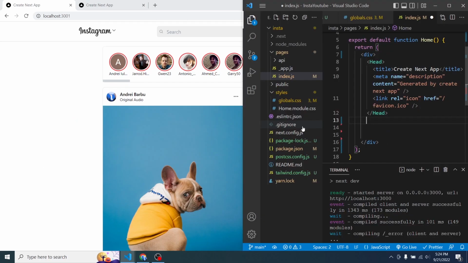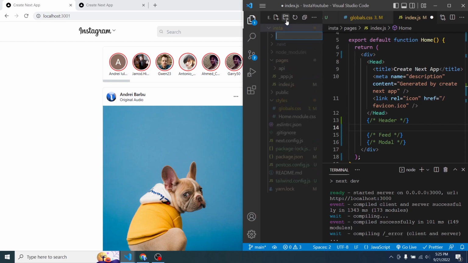So I'll go to VS Code, and we'll open here. I'll say header, then we'll have the feed, and then we'll have the modal. And the modal won't show up every time, so sometimes unless we click on it, it won't show up. Let's save. And the first thing we're gonna do, we're gonna create this folder called components,